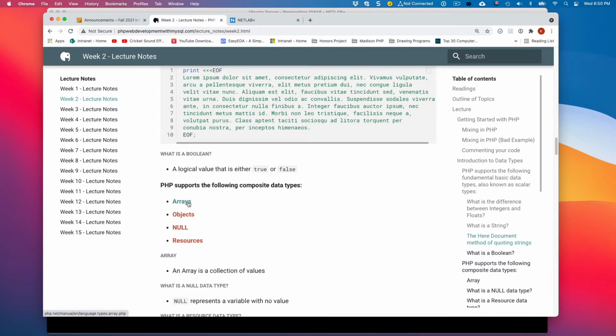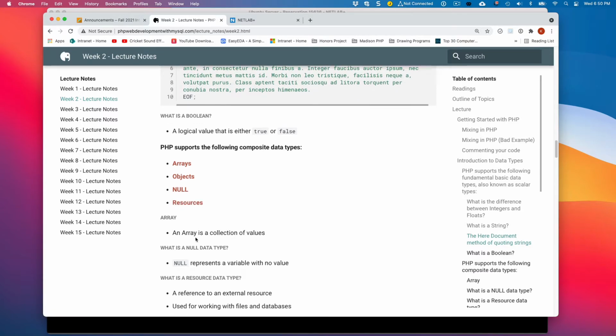So we've got arrays, we have objects, which later in the semester we'll talk about in object-oriented programming in PHP. We have null, which still baffles me why this is considered a composite type, but you can assign null to values. And then we have resources.